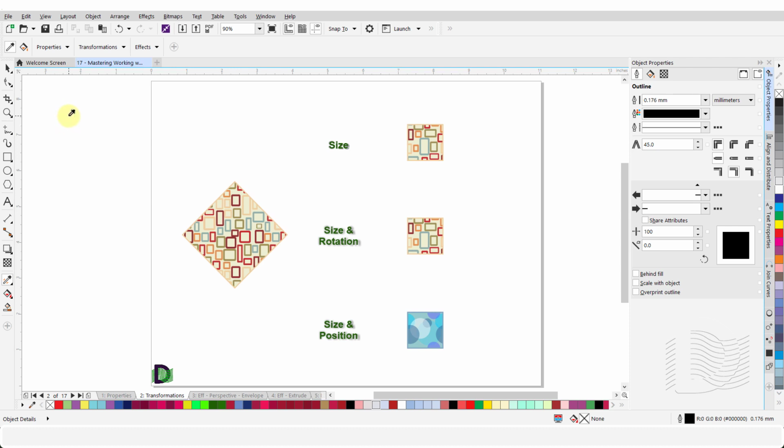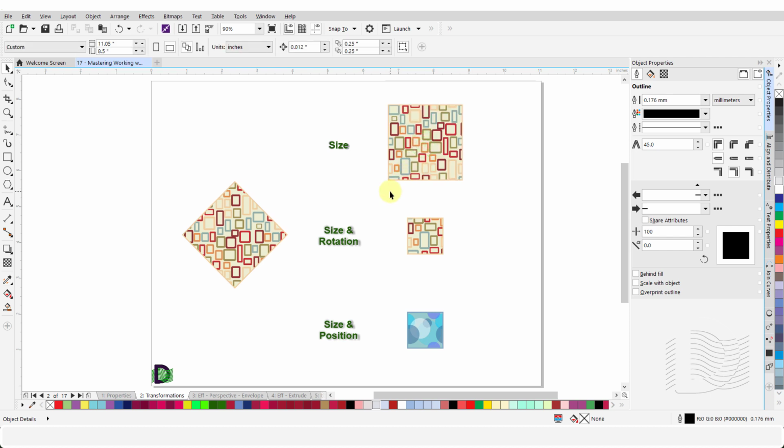For the first example, I will only copy and apply the Size attribute. From the drop-down menu under Transformations, I will place a check mark against the Size attribute and click OK. Move my cursor over the source object and left-click once to copy the Size attribute. Then I will hover the cursor over this target object and left-click once to apply the copied attribute.